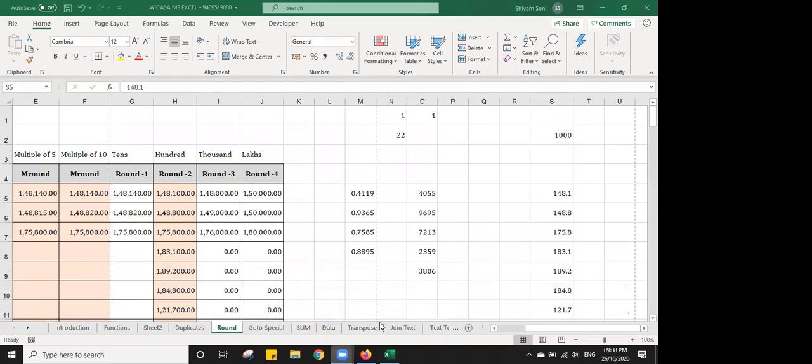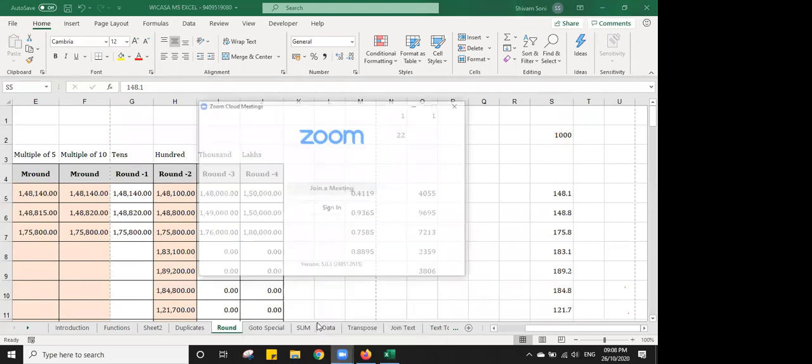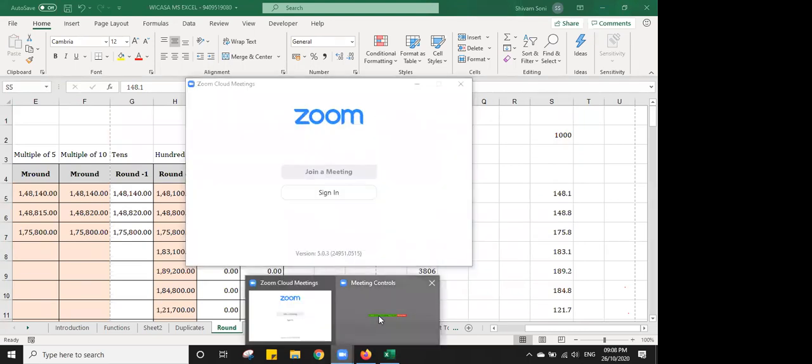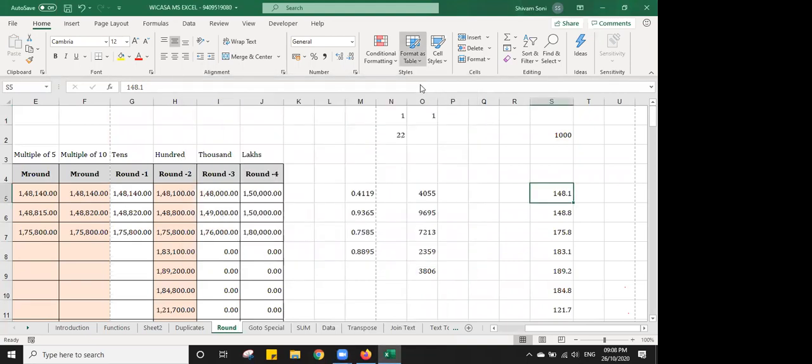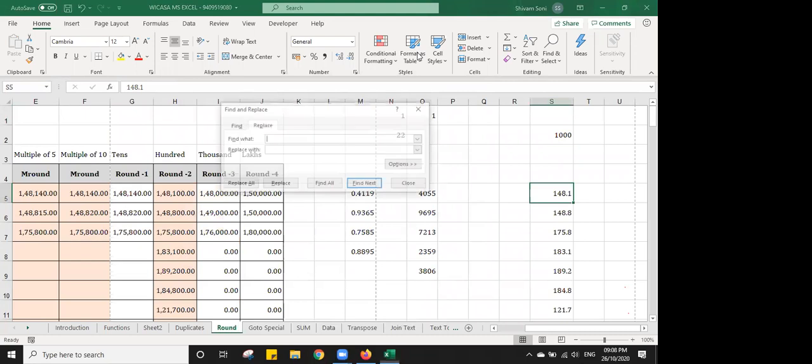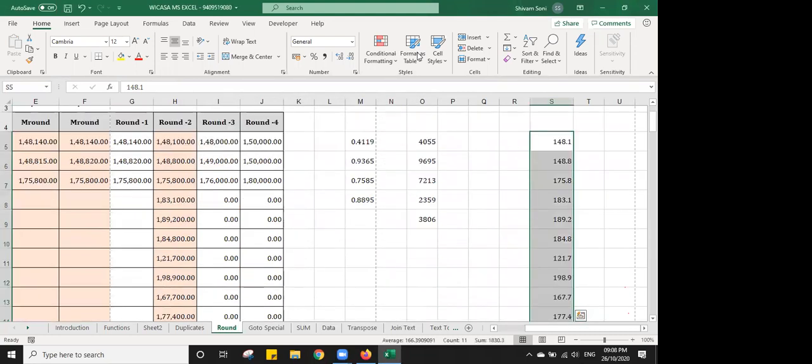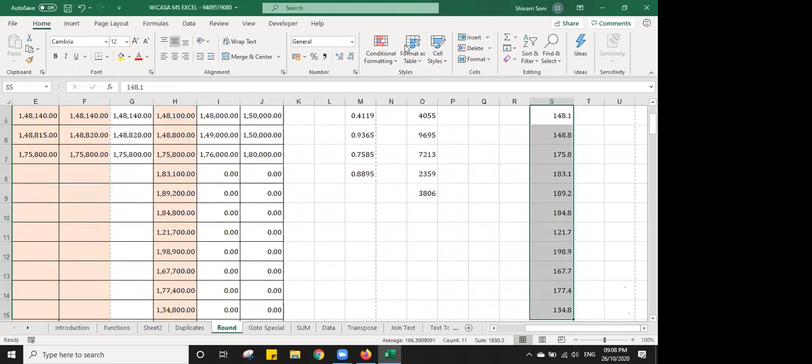We get another question: how much time do we require to get skills on this? How much practice do we need to get a good grip on this formula? My answer would be you will need daily practice.